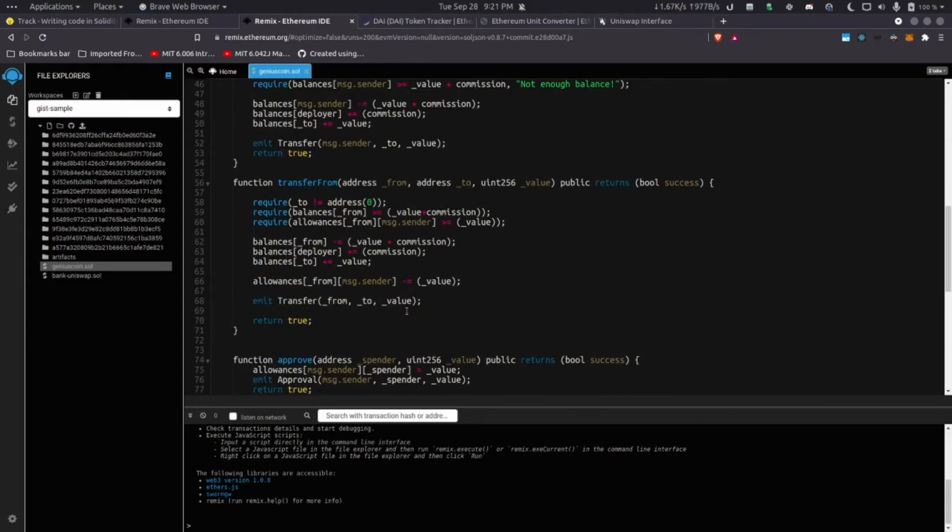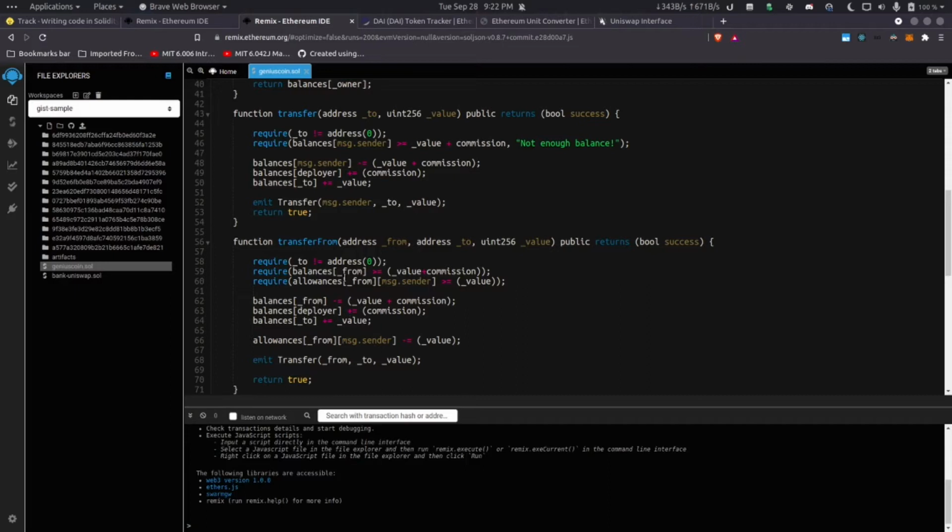One thing you will notice is this version 3, because this coin has the functionality of depositing the commission amount whenever someone does a transfer. Whenever someone transfers some amount, the ERC20 token will take some amount of commission from the depositor or the transferer